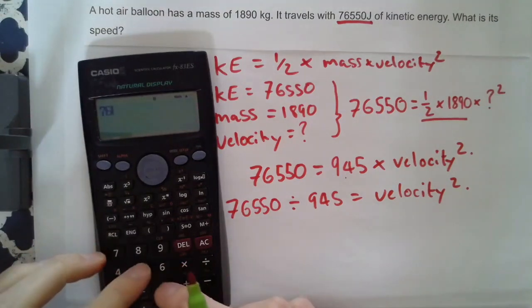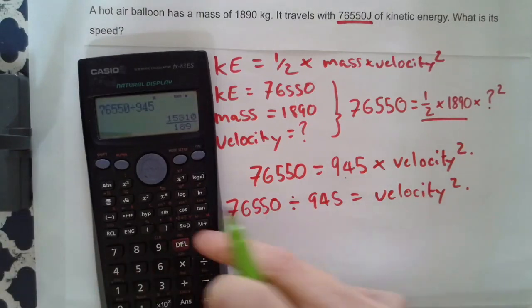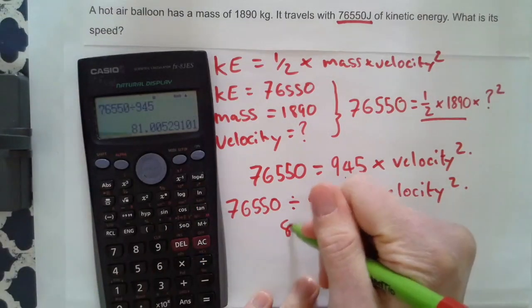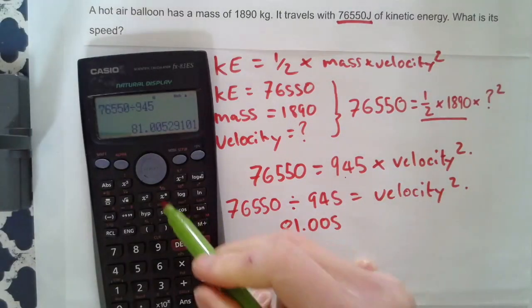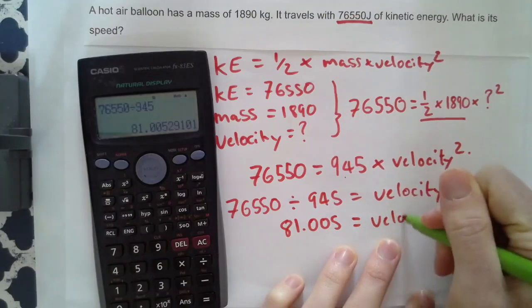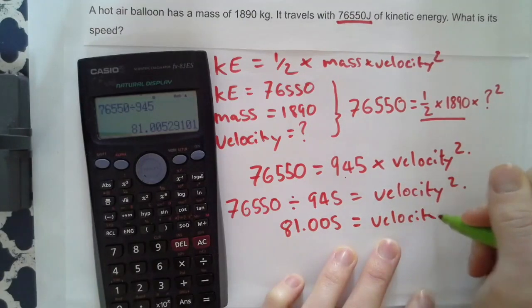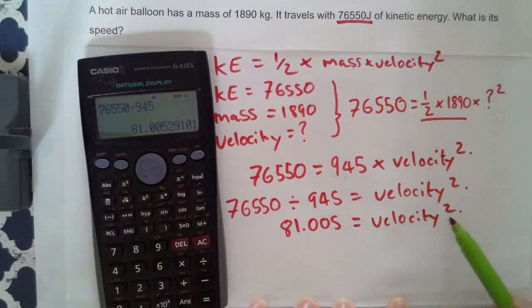So 7655 divided by is 81.005. There are a few extra numbers there, as you can see, but it's fine just to leave it in your calculator. Don't worry about writing it all out for a minute. And then I need to get rid of this